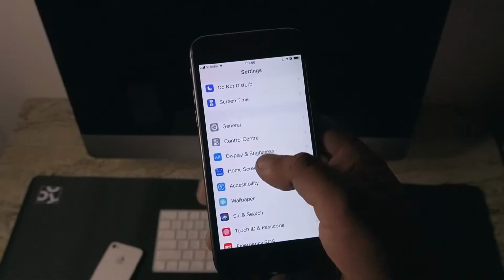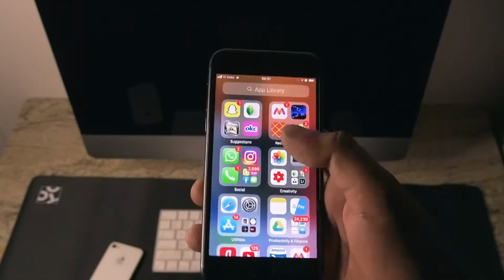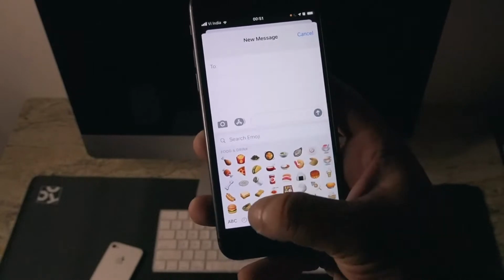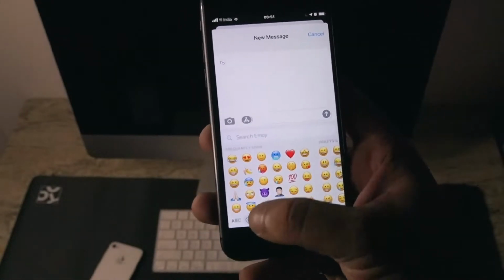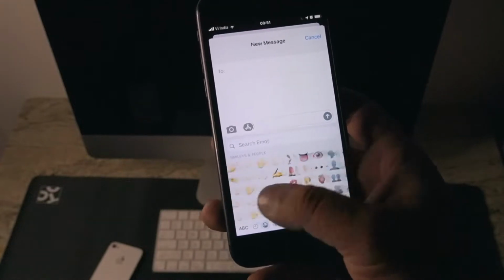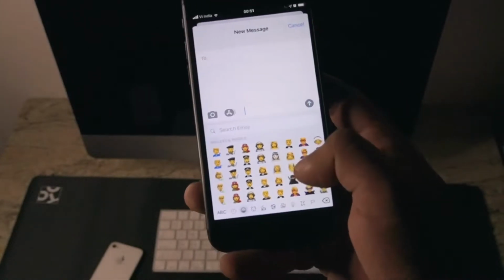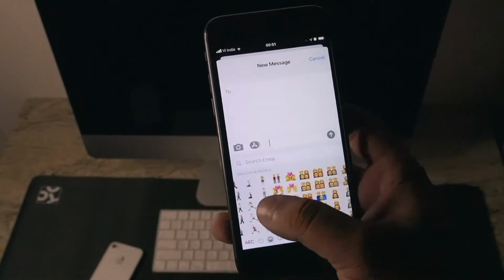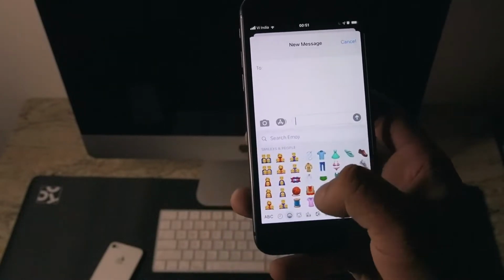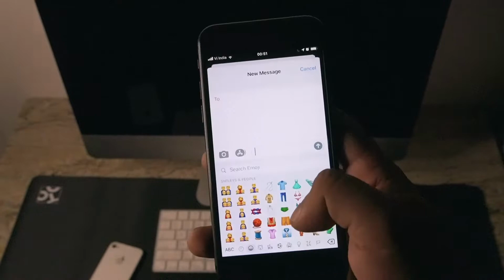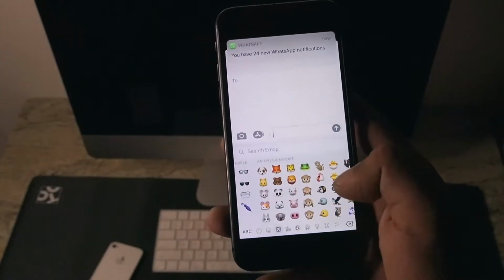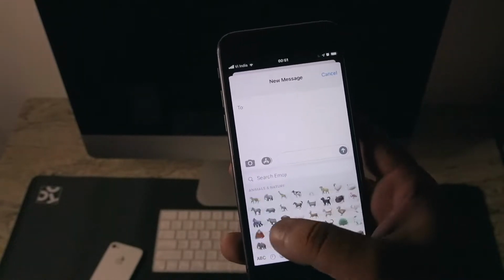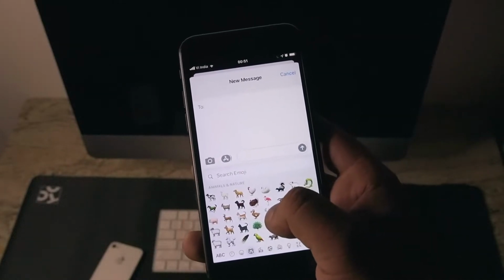The first thing was the wallpapers. The second was the 100 new emojis which Apple has added. If you see here, you will be able to see 100 new emojis. I'll not go into depth on which emoji has been added because it's time consuming, as there are 100, not 2 or 3. So this one's new, this one's new. It's up to you, once you update, you can check all the new emojis. So this was the second thing.